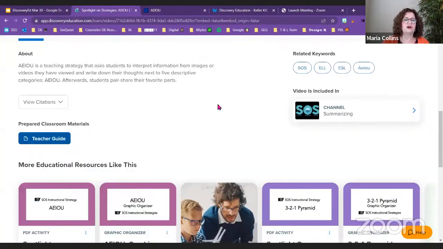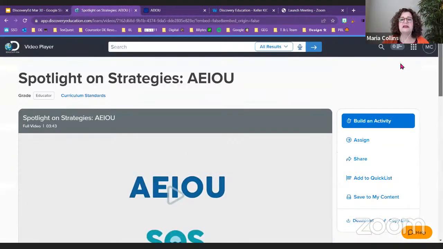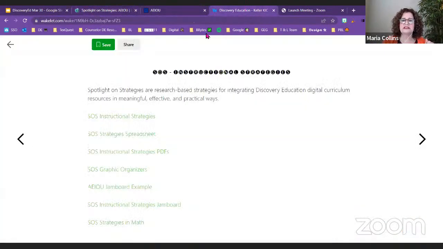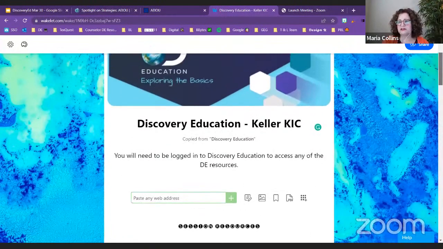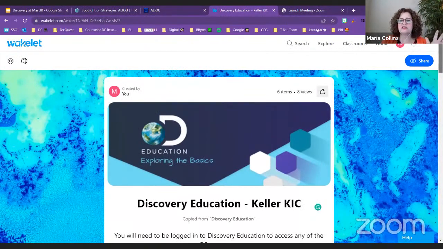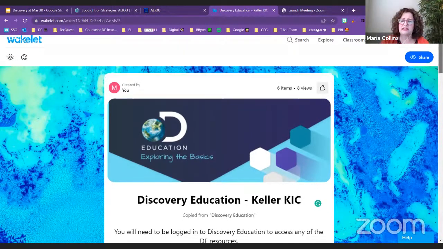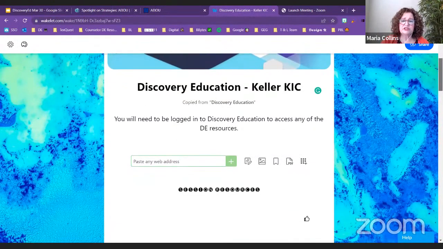And as I said, they are all set up the same. But at this moment, I want to go to the resources that I said that I was going to share with you. So this is a Wavelet, and if you're not familiar with Wavelet, Wavelet has many uses. I generally use it to curate resources that I share at any sessions that I present.